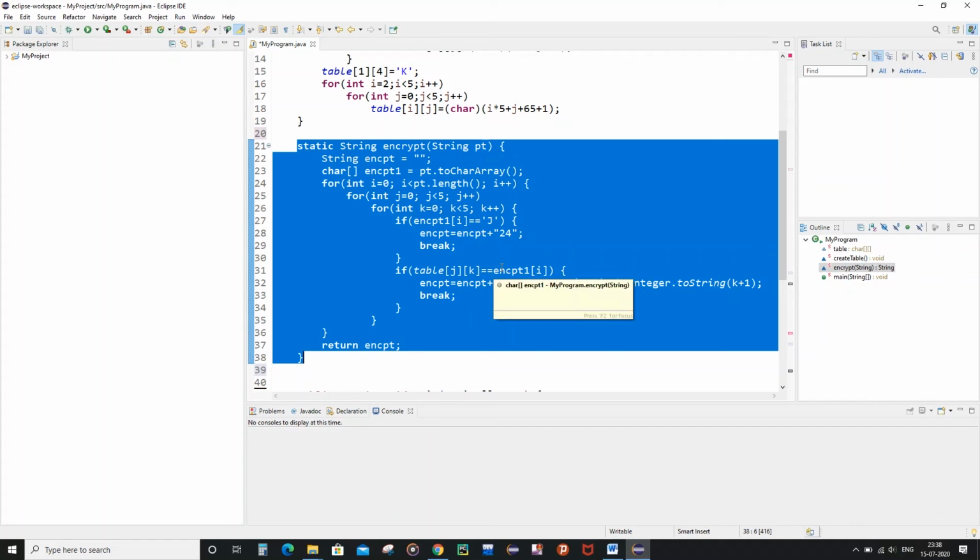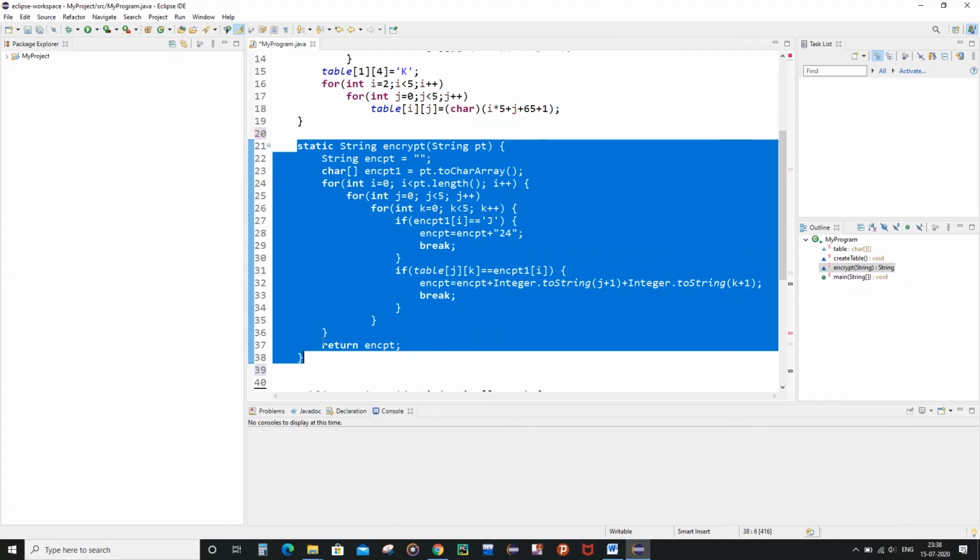And this is going to happen for each of the characters inside the ENCPT1 character array. And now finally, after the end of the for loop, the outer for loop, that is the bigger for loop, you can see, and after leaving the for loop, we are going to get the encrypted text. So finally we are going to return the ENCPT string variable.